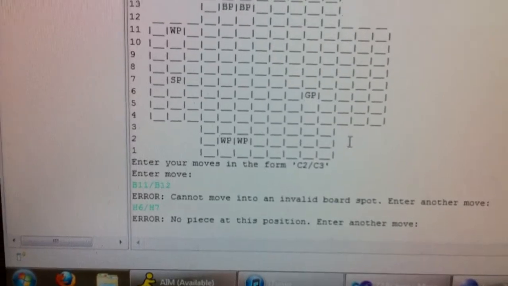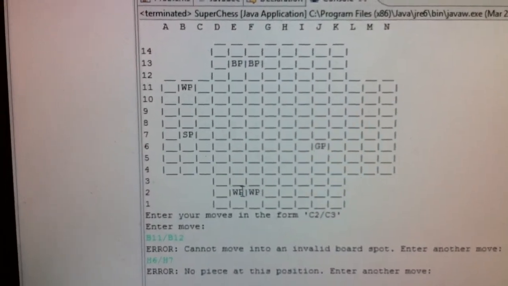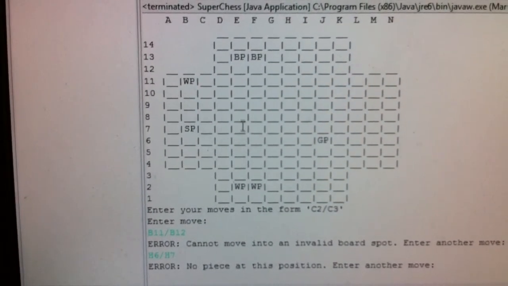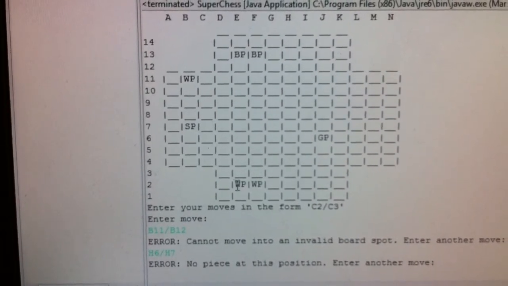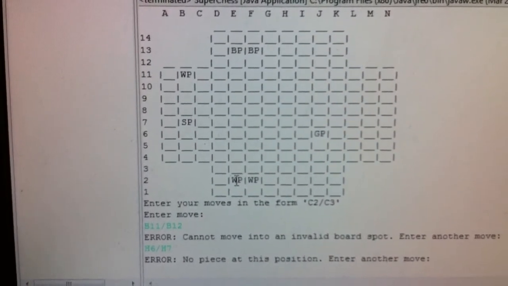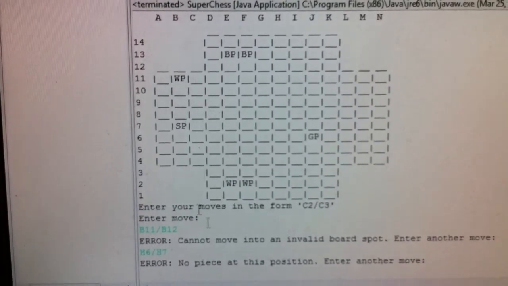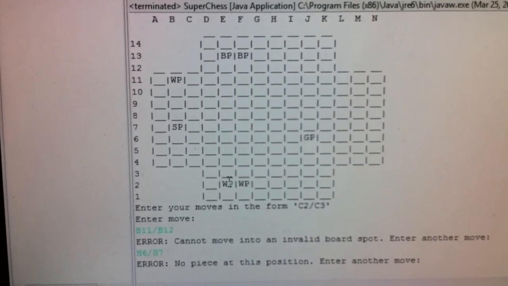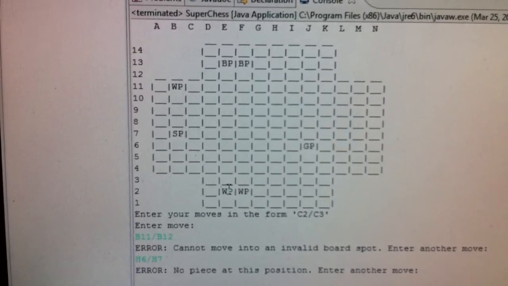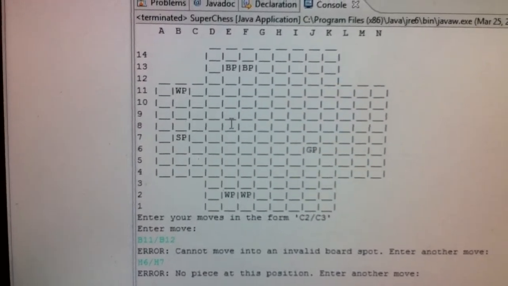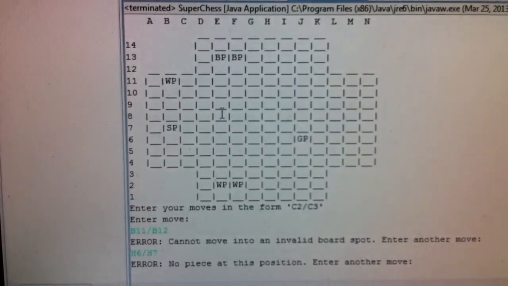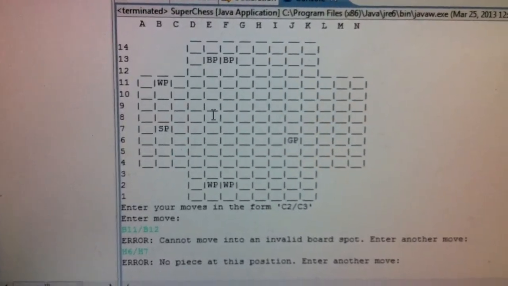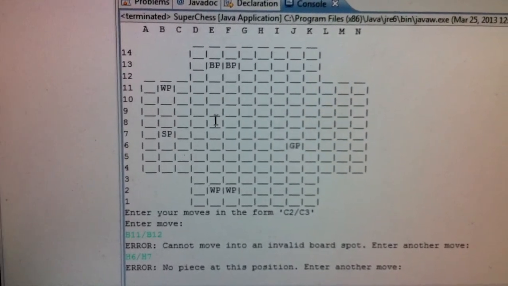So for instance, if I selected E2 to E9, E2 is a valid starting position. It's a valid spot on the board. It exists on the board. There's a piece at E2, so far so good. And E8 is another valid spot on the board to move. So the next thing I check is I'll pass that move on to the next step,